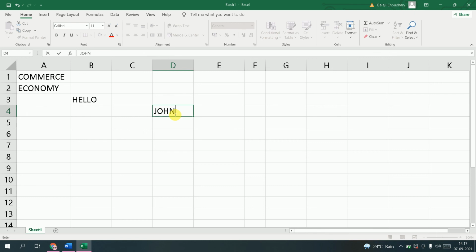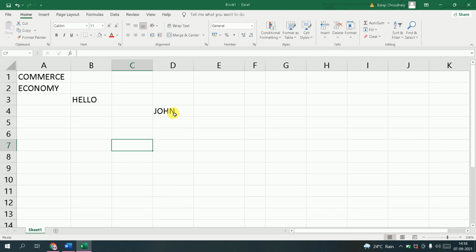I will use the right arrow key. Now I want to move left. I will use the left arrow key. I want to go to the previous line. I will use the upward arrow key. I want to go to the next line. Then I will click the downward arrow key.